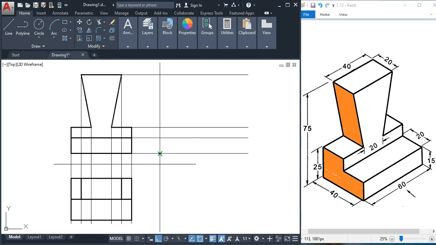So here we'll assume some distance, and from that point we'll draw like 40 line. So this line we'll draw, and this height we'll draw, that is 15. So from here you can see, and this will draw, it is 20, and this will draw, so this is 10. Calculate here, from here you can draw otherwise, and this way you can draw, this is 20, and you can join here.